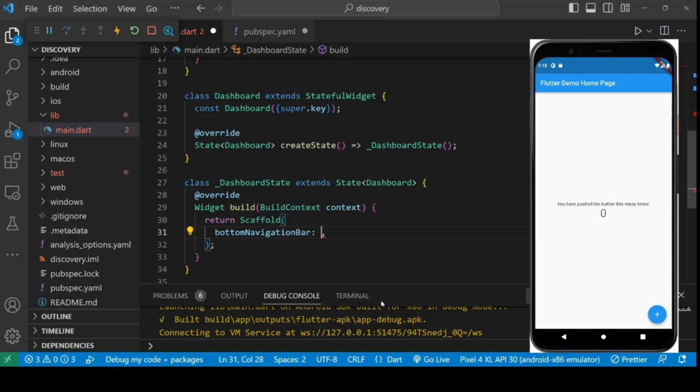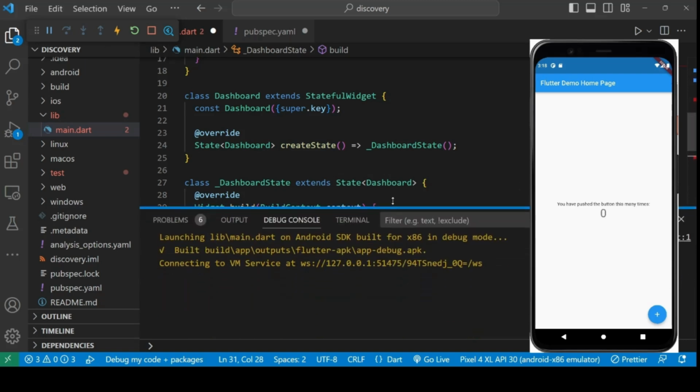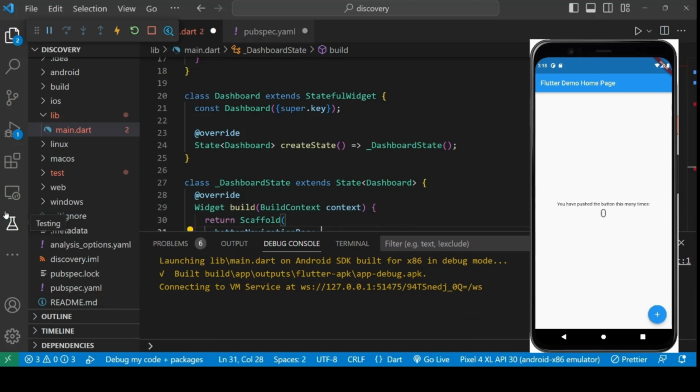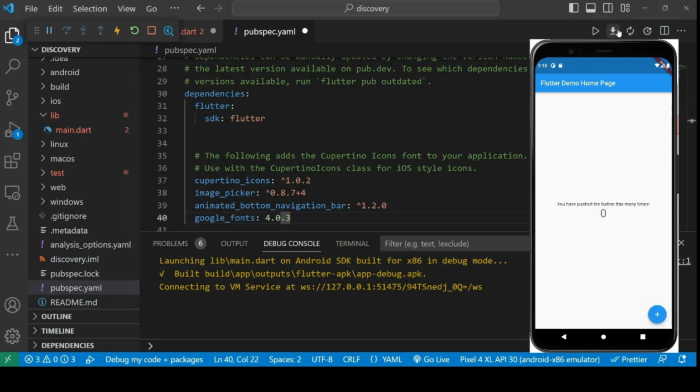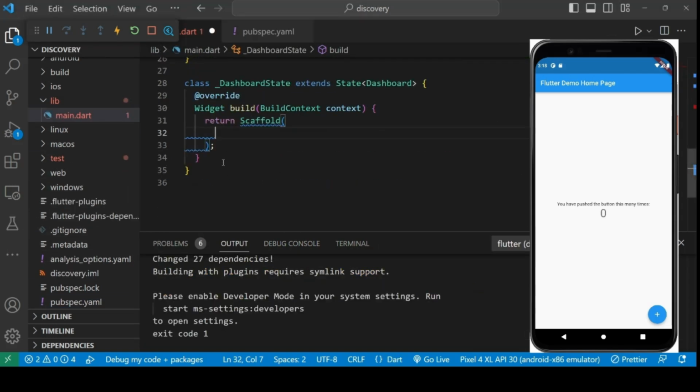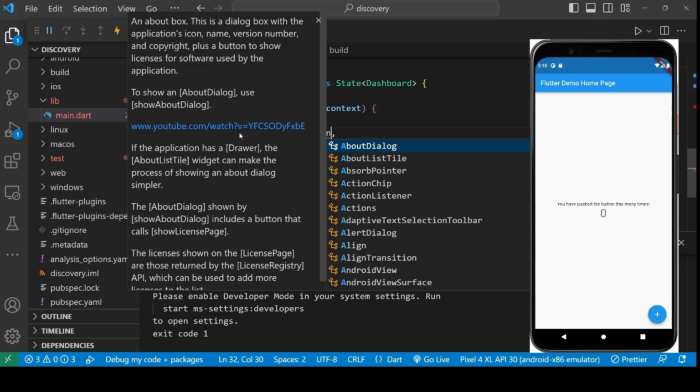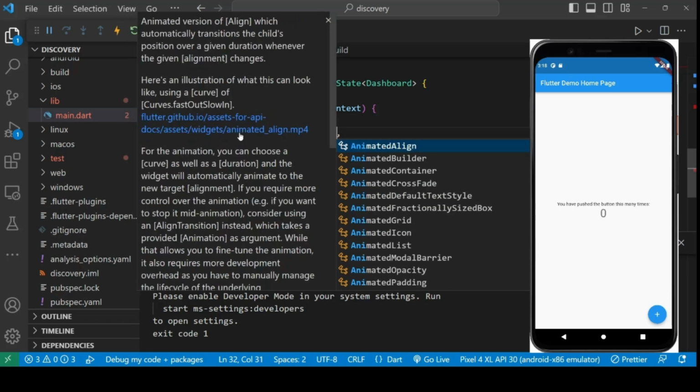Let's first import all the libraries. We imported all the libraries. So let's include the property bottomNavigationBar inside the Scaffold and use our imported widget,